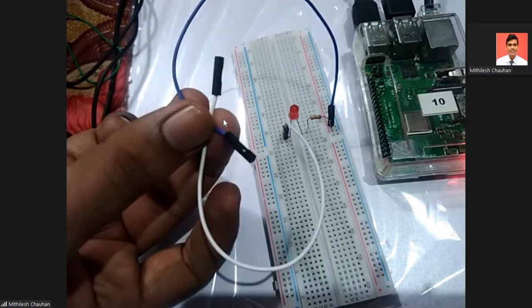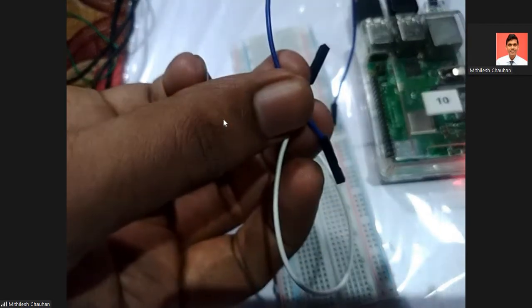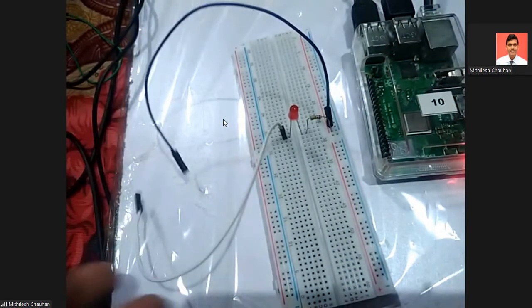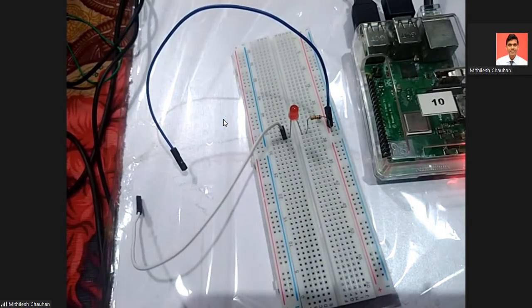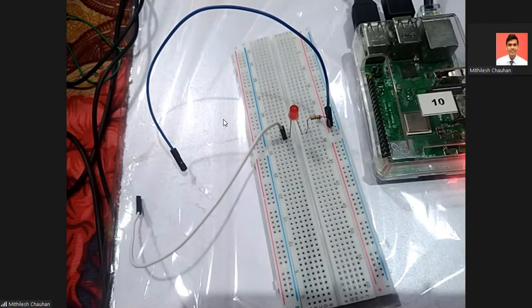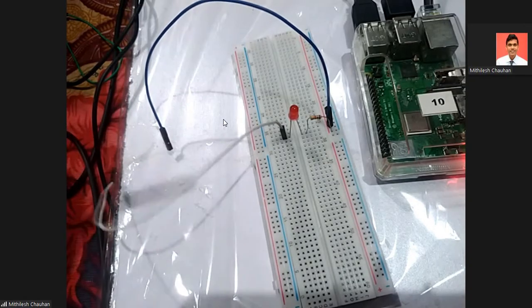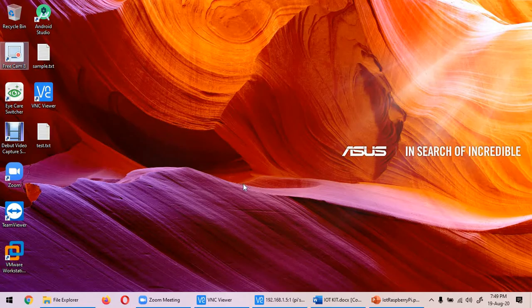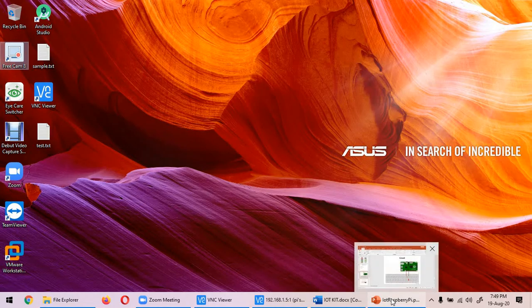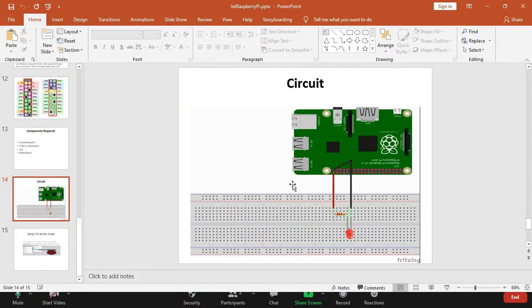Now these two wires I have to connect to my Raspberry Pi. Now let us see to which connection or to which end we will connect these two wires in the Raspberry Pi. For this we can open the diagram again, our layout diagram.